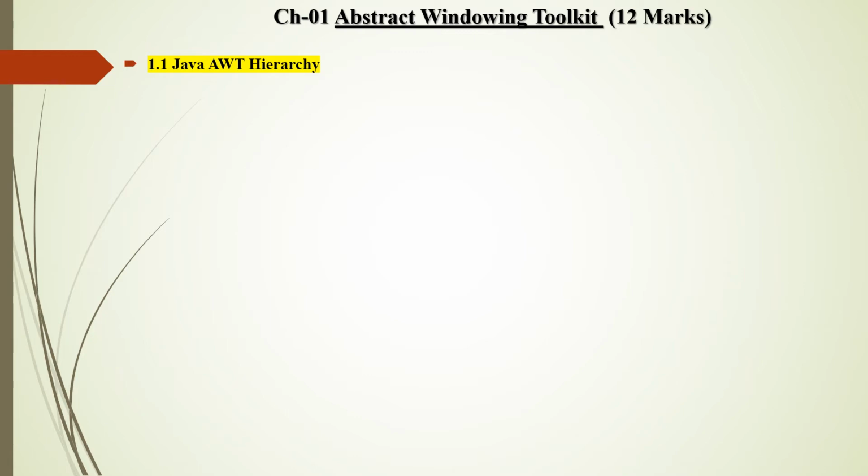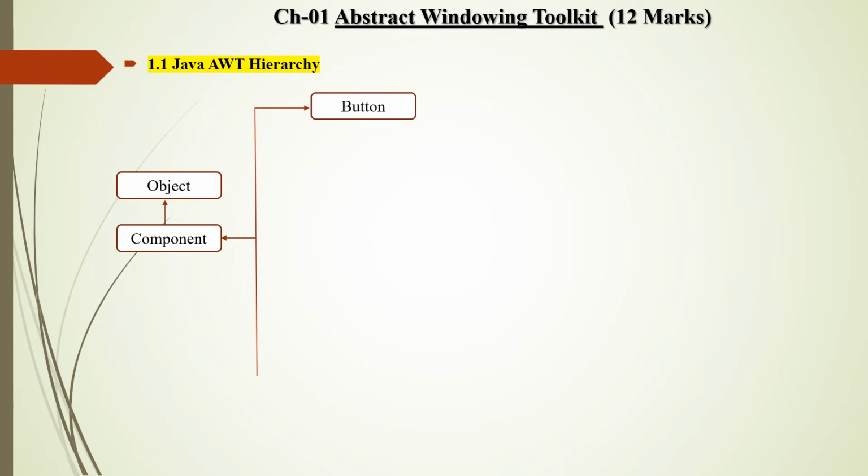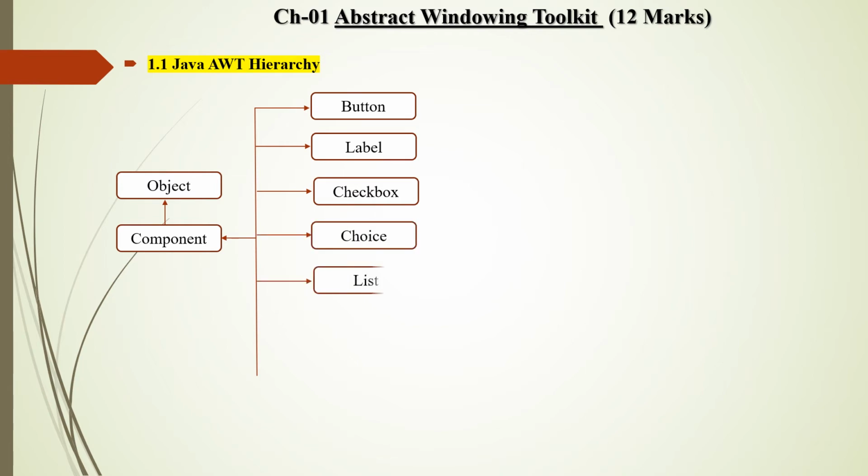Then next we see the Java AWT hierarchy. In Java AWT hierarchy, the topmost class is object class, then component class. In component class there are various classes regarding component and container. First class is button, next one is label, then checkbox, next is choice, next list, then text field, and last one is container. So these are the various component